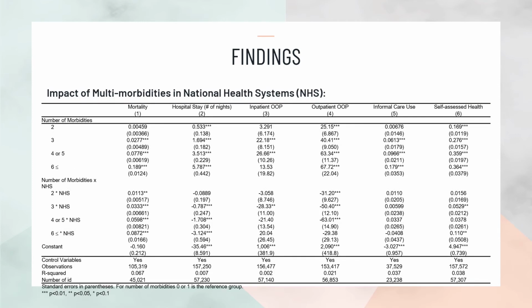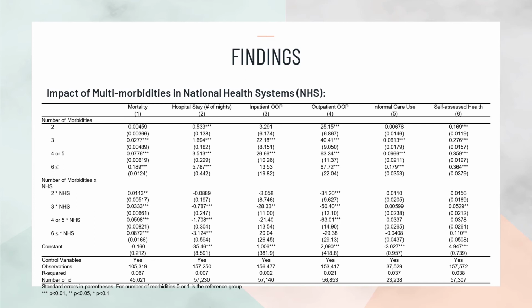Here, we consider that the effect of multimorbidities could be influenced by the healthcare system in which the respondent resides, such as a national health service or social health insurance system. In a national health service system, compulsory tax contributions are taken to fund national health care, which entitles individuals to a specified set of basic services. Whereas a social insurance system requires individuals to obtain health insurance, which entitles them to services via the health insurance